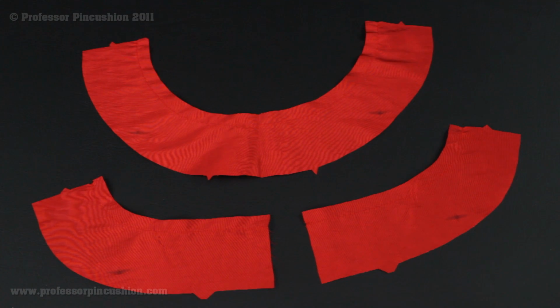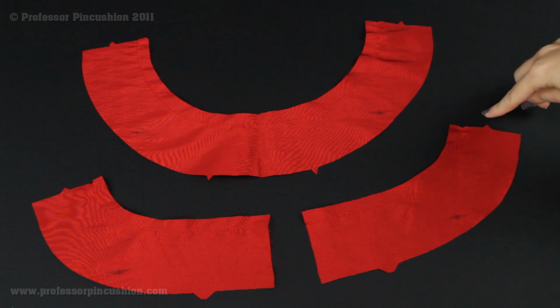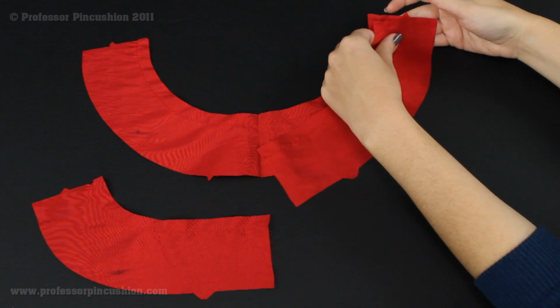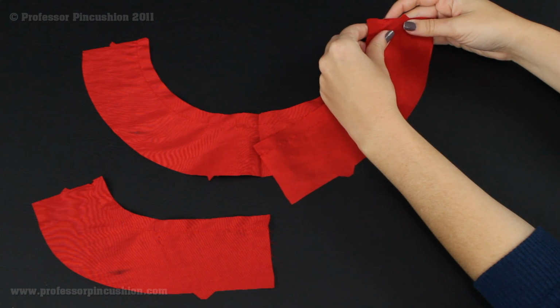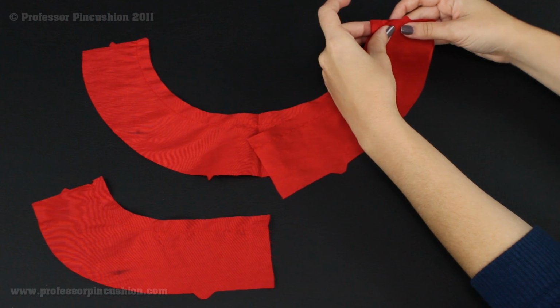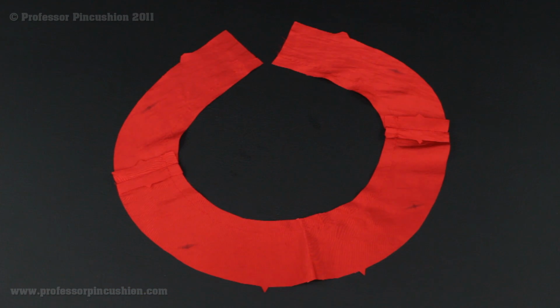And just as you did with your pieces with the interfacing attached, you're then going to match the notches, placing the pieces right side together of this one as well, and then stitch the standard 5/8 inch seam allowance, pressing the seams open after you're done with that. The last part of step 28 is stitch along seam line on notched edge of facing, press under along stitching,